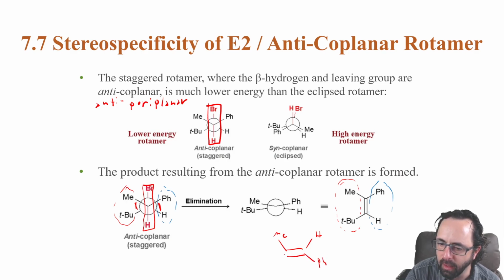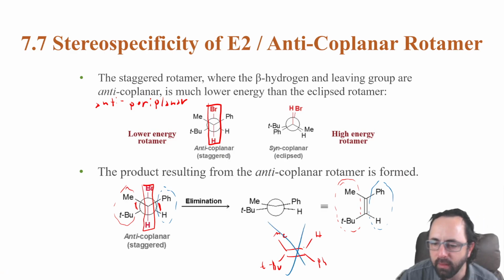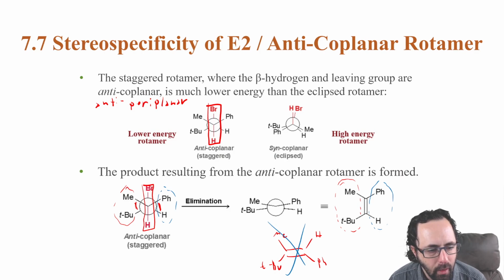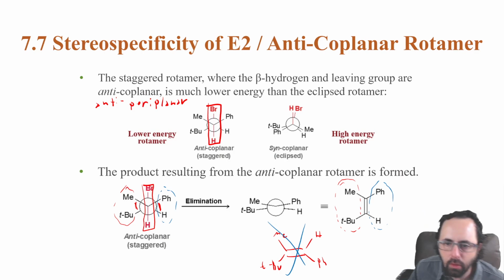You would not get this result. So it's important to note that we will not get this result. And this is referred to as the stereospecificity of E2 reactions. So when you are determining the product of an E2 reaction, you should take a look and see if there